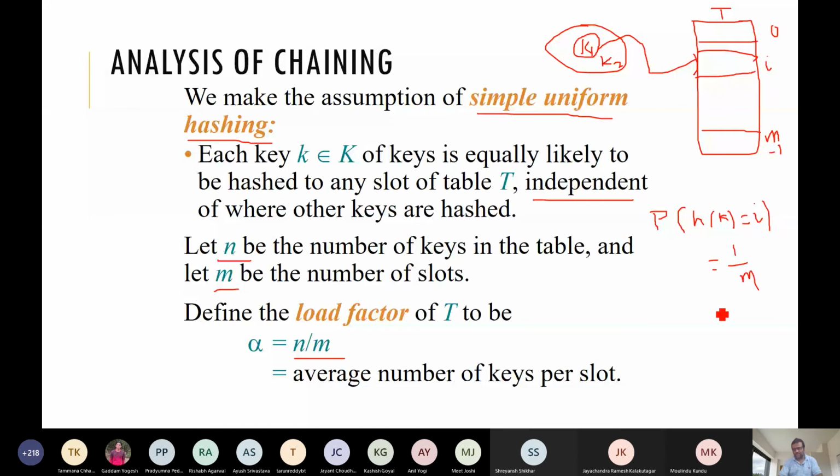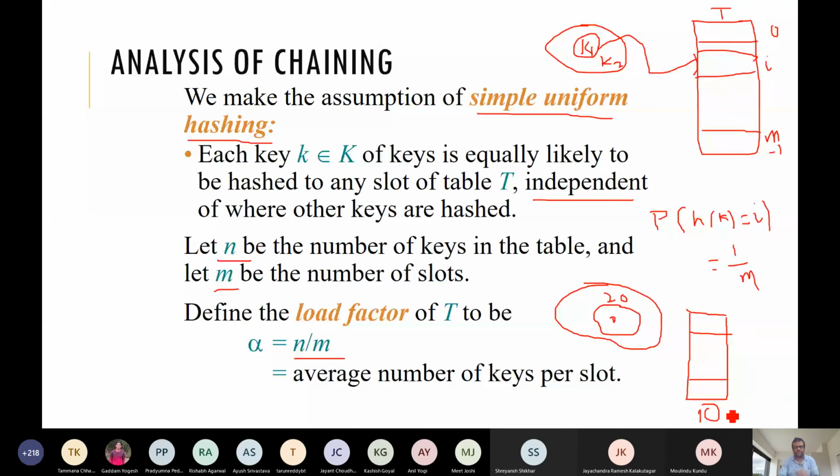Suppose there are 10 slots, and suppose there are 20 keys of our interest. So n is 20. Say this size is 20 and this size is 10.